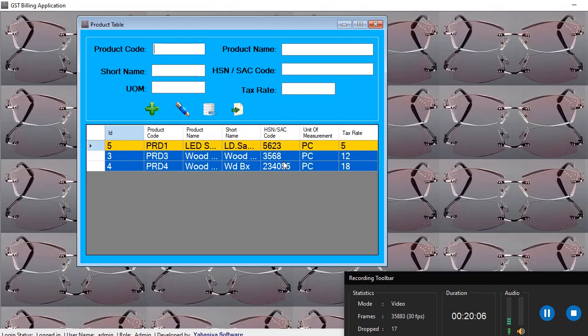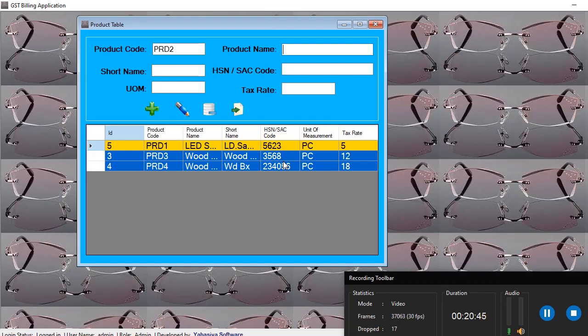Okay. So how can I enter product information in the product table? The first thing is you have to define a product code for your product. The product code should not be very big. It should be very short and easy to enter. So I am introducing a product code called PRD2. Then I want to have the product name. The product name can be very lengthy, with a lot of space, with a lot of information, everything. There is no limit in that.